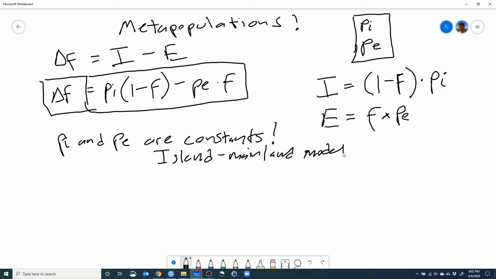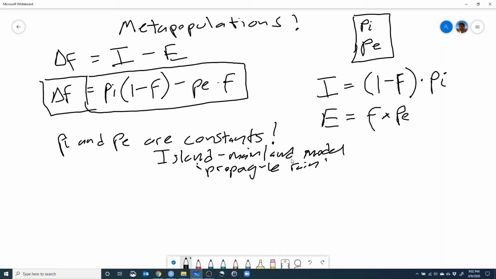All right, so the island mainland model says that there's a constant source of immigrants that are kind of pervading through the whole metapopulation, and that is called a propagule rain. All right, so the model that we've described here, where pi and pe are constants, is called the island mainland model. It's the simplest metapopulation model, and it depends on a constant source, or a mainland, producing immigrants